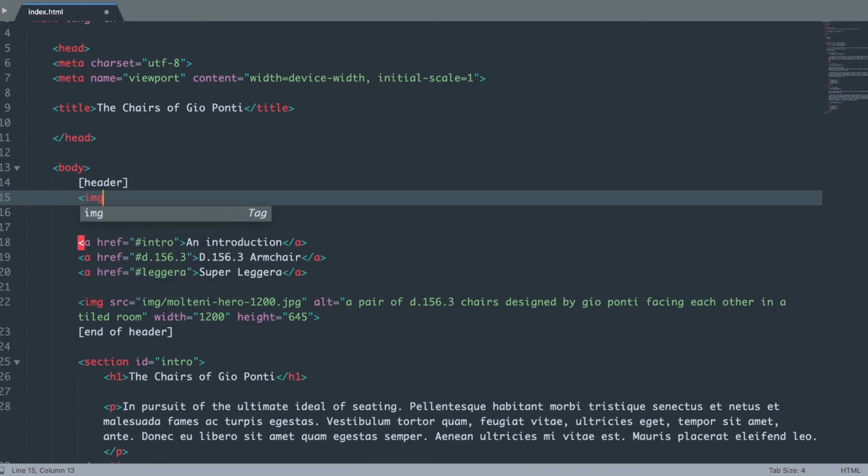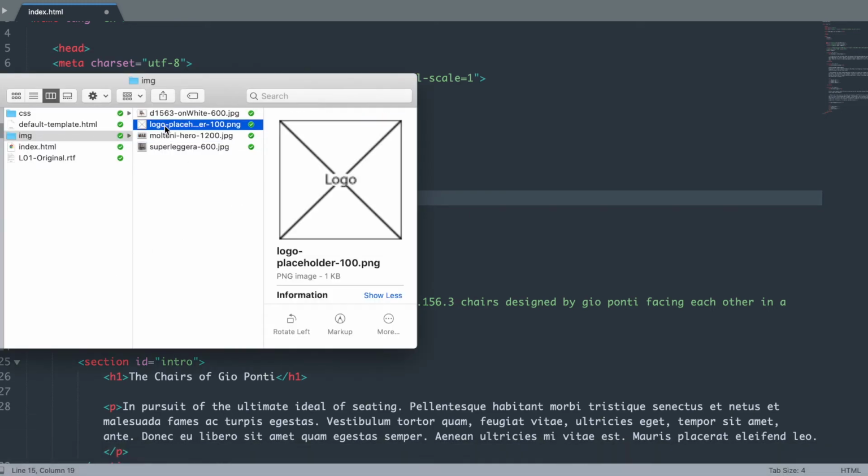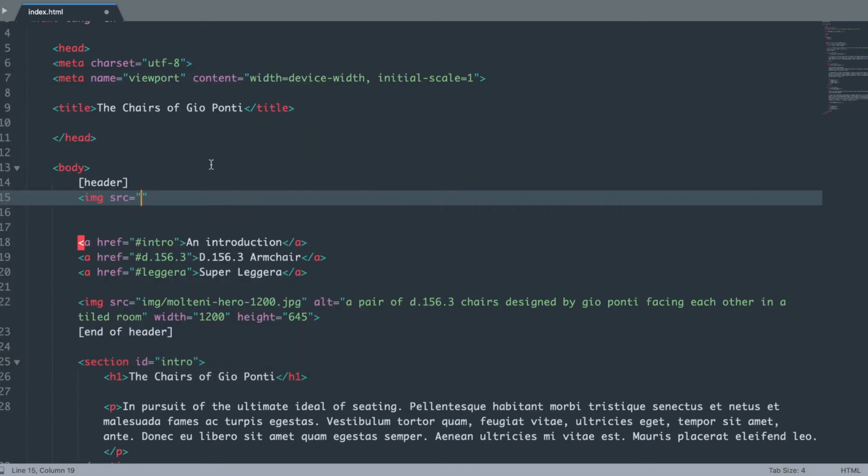So image source equals, the file name of the image is logo-placeholder-100.png. Logo placeholder 100 dot. And I'm going to type this wrong on purpose. Okay? The file name matters. It should be PNG. It shouldn't be anything else. If I don't write it correctly, it's not going to work. Actually, let's write it correctly. I'll show you. I made a different mistake that you might have seen, and we'll see it better. So I've typed out the name of the file we want. Lovely. And I'm going to type the alt text, and the alt text is going to say